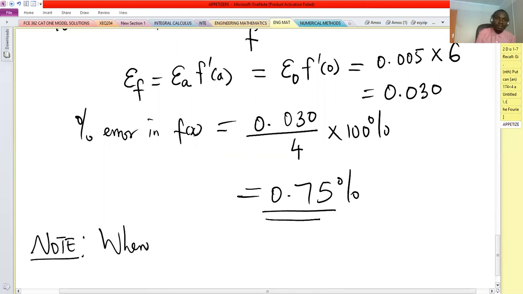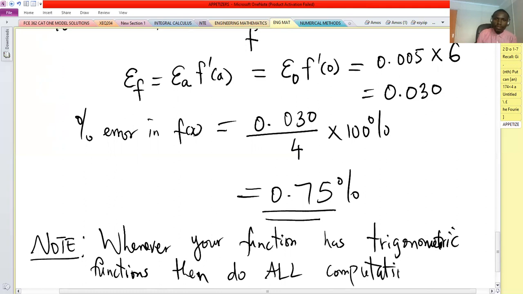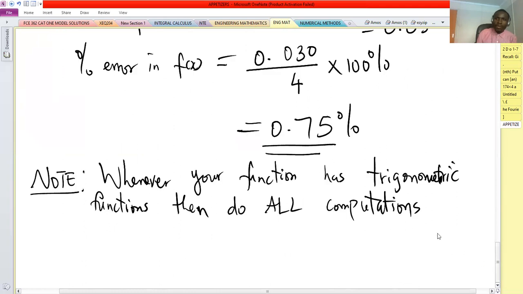Whenever your function has trigonometric functions, then do all calculations, all computations, when the mode of the calculator